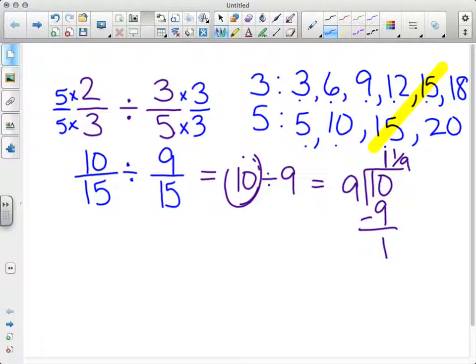If you really like the keep, change, flip, as long as you can remember how to do it, and remember that it's called a multiplicative inverse or a